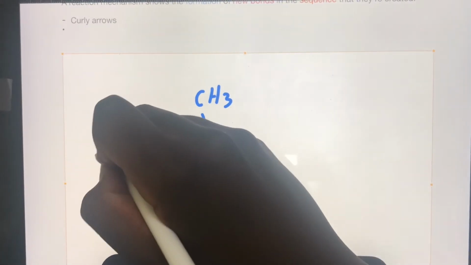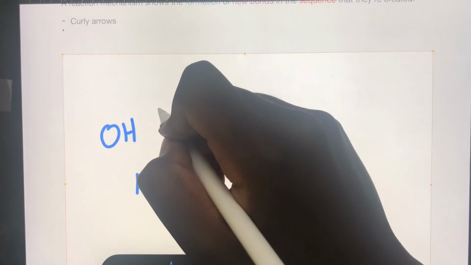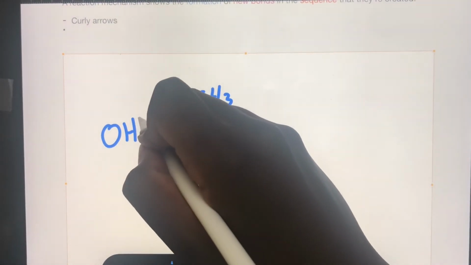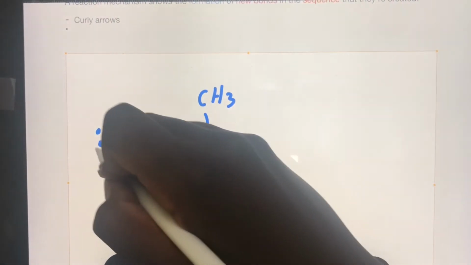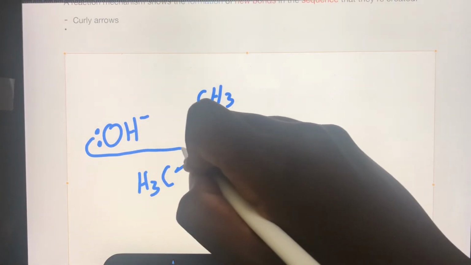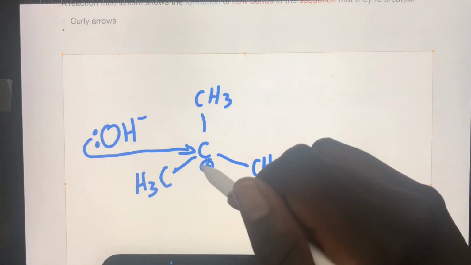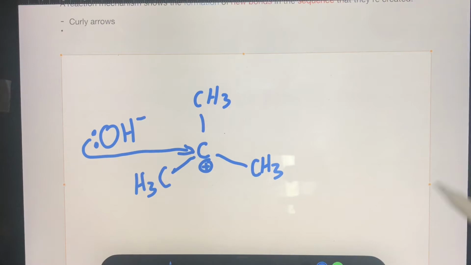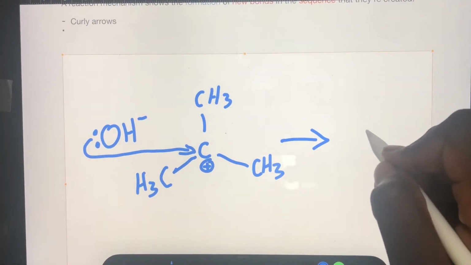The curly arrow is very important. You always draw a curly arrow from your electron to, so it's always from the negative to the positive. So always go from here. It's never the other way around, always from your electron to your more positive, your electrophile. Nucleophile to electrophile, that's what it always goes. And after that, just show here,